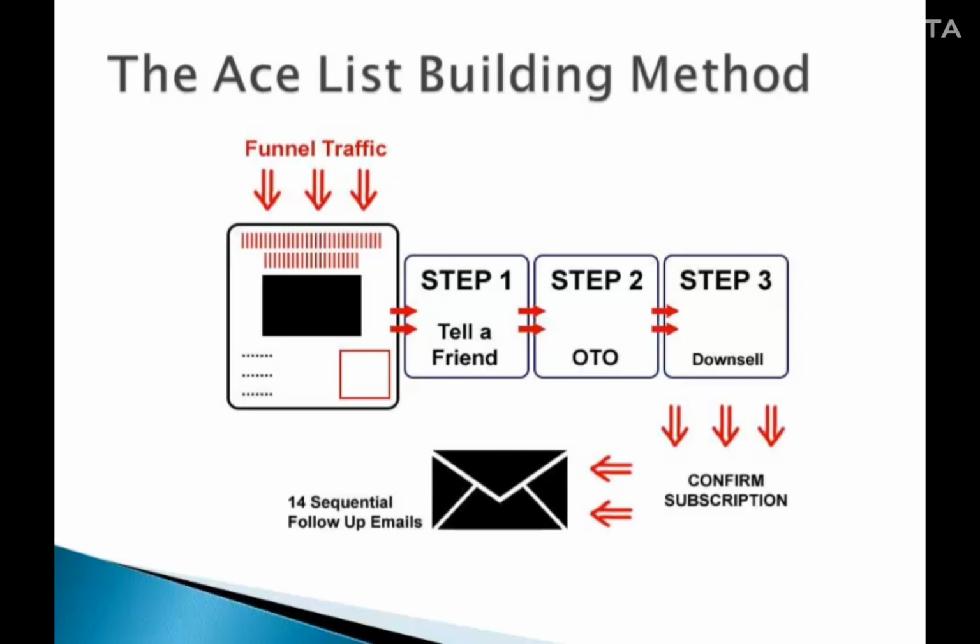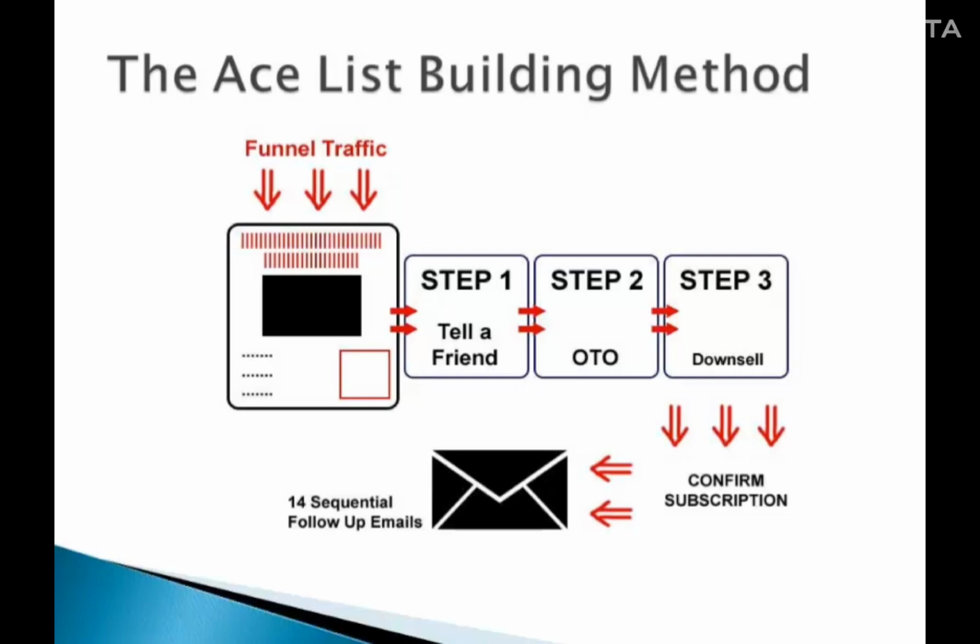So as soon as the visitor confirms his subscription to your mailing list and officially becomes your subscriber, he will receive 14 sequential follow-up emails from you on a set interval basis. This is the true key to automation, and you don't have to necessarily limit yourself to 14 follow-up emails. However, for starters, this is a good number, and don't go any less than this amount. This is the secret to achieving higher sales closing for products you sell permanently, prolong the lifespan of your flagship products, and make money from a few key, profitable affiliate programs.